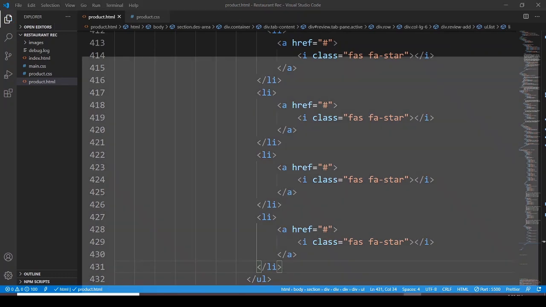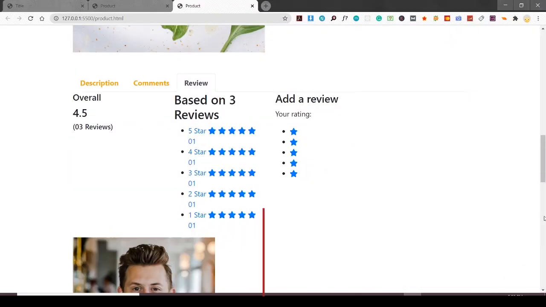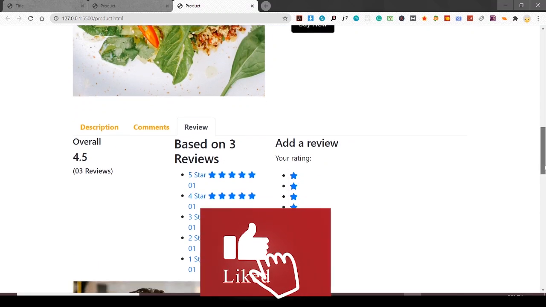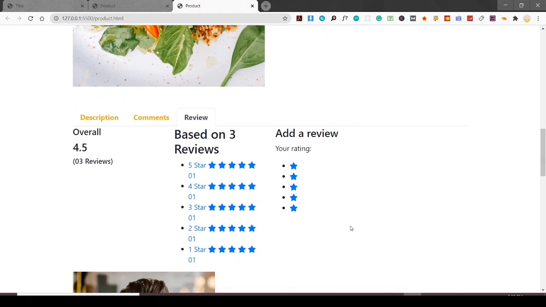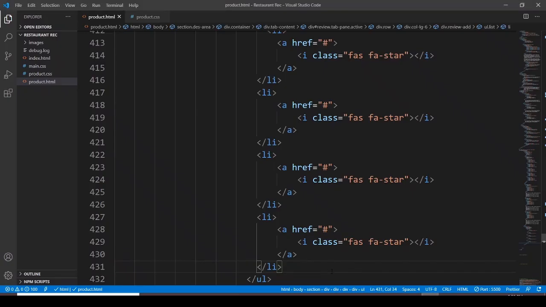And let's see what's going on in the browser. Okay, so we do have it in this way in a browser. Now what we have to do next is, we'll fix it in CSS, but now we have to go with